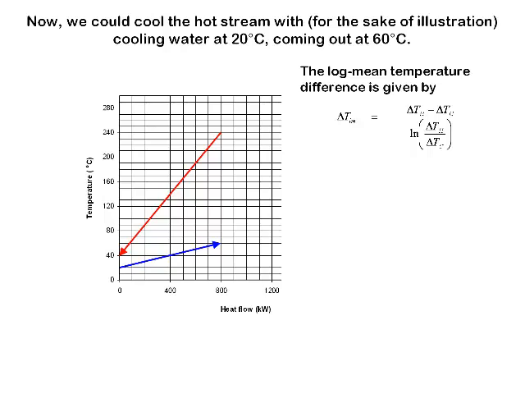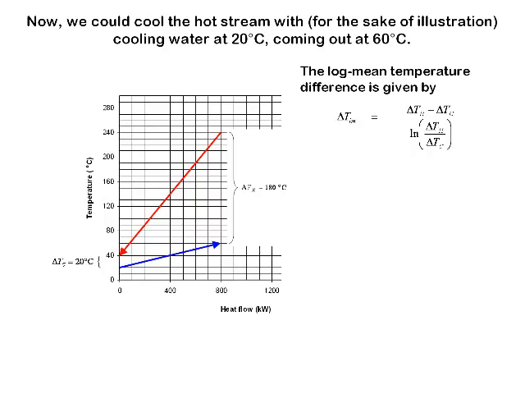So in our particular heat exchanger, at the hot end, the temperature difference is 240 minus 60, which is 180 degrees C. At the cold end of the heat exchanger, our hot stream is coming out at 40, our cold stream is going in at 20. The temperature difference between these two is 20 degrees C. So, putting these numbers into our equation for the log mean temperature difference, we end up with a log mean temperature difference of